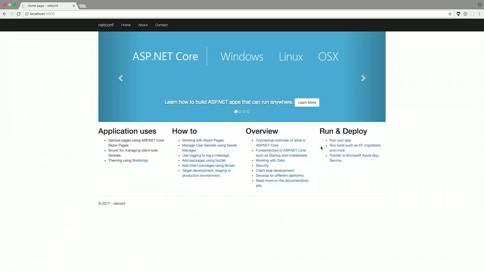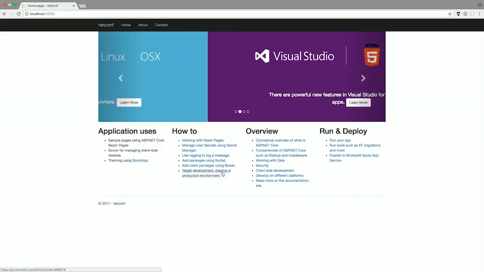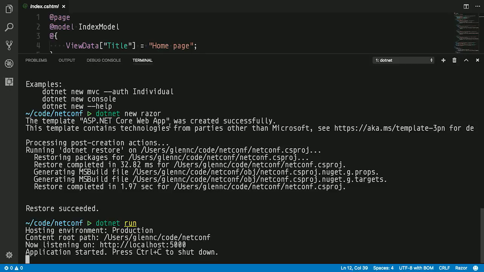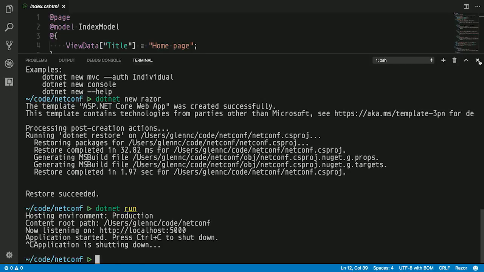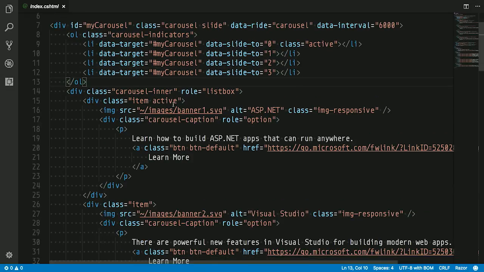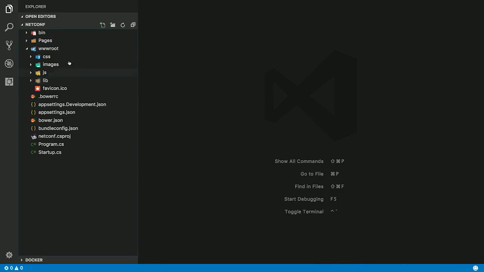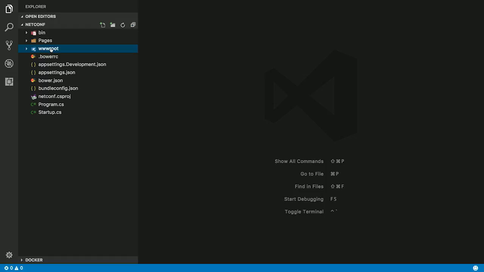A bunch of links. You can click on these links. They're all designed to help you get started and learn a little bit about ASP.NET Core, so they link to documentation and things like that. Okay, so that's the application. And if we look around in this index page, you can see here's the HTML for your carousel. This is my carousel. Make sense? Now, I'm not going to talk too much about the Pages directory because that's mostly Razor Pages, and you'll hear about that in another talk. I'm also not going to talk much about wwwroot or static content or those sorts of webisms, just because in this first fundamentals talk,